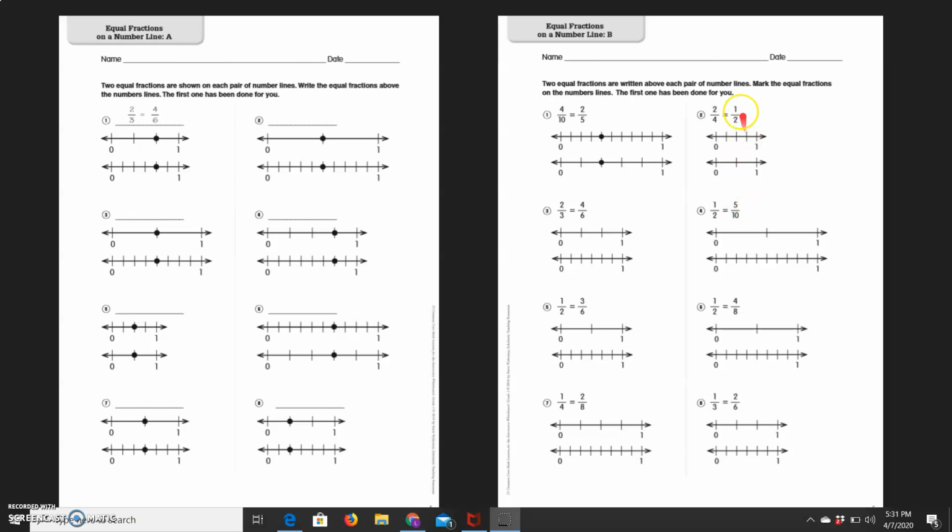And then down here, 1/2. So we have 1, 2 on the bottom. That's how they got the number 2. And then you only have 1, so you're going to count over just 1 and then put the dot, okay? So same here, this one was done for you as well. Okay, then the last page,